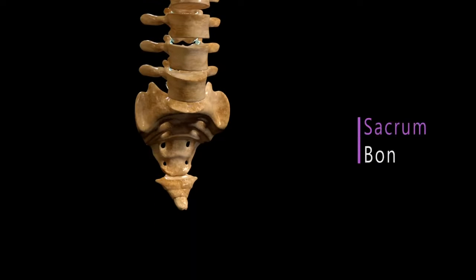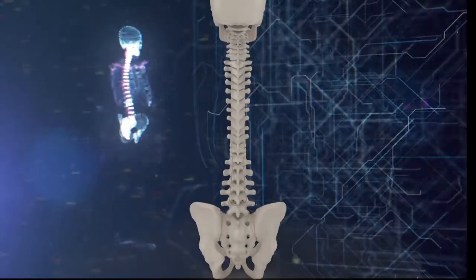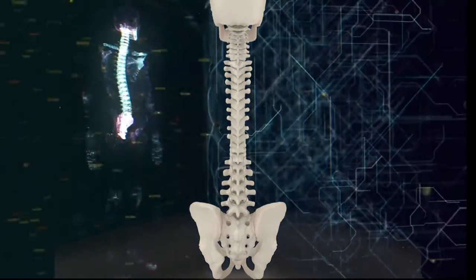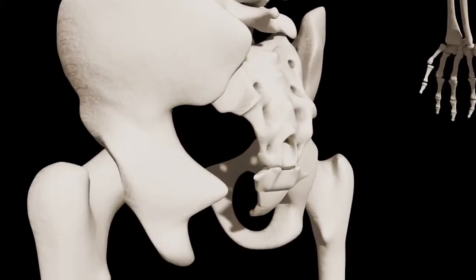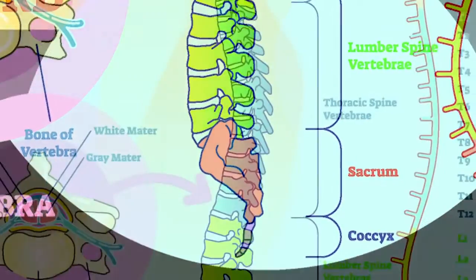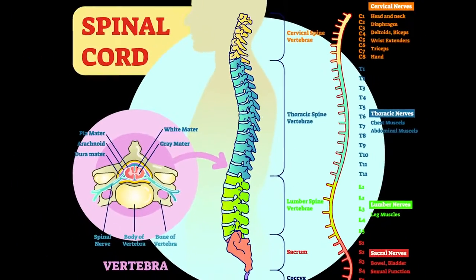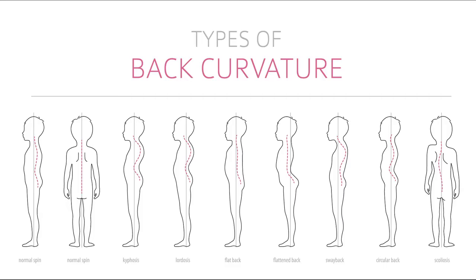The sacrum and the coccyx, or tailbone, at the very base of the spine work together with our pelvis or hip area to give us little to no movement and is the base of the spinal column. These 2 bones make up our final and smallest curve called the sacral kyphosis. Any curves that go too far in or too far out can create challenges within our spine that bring our